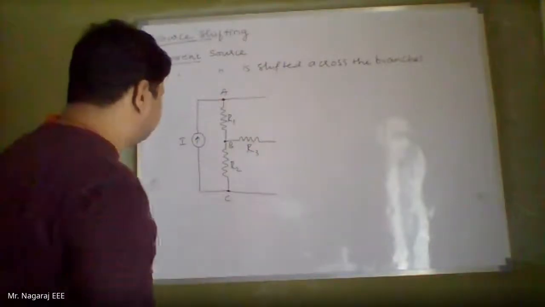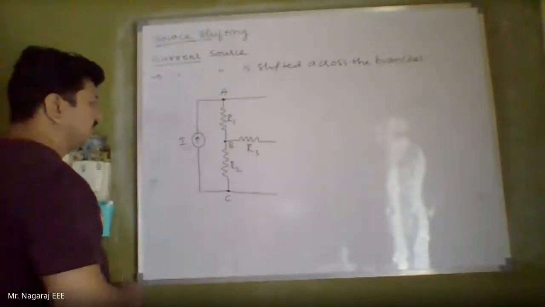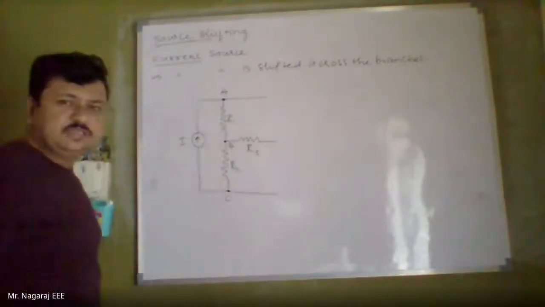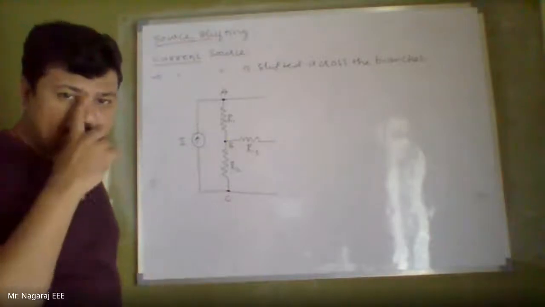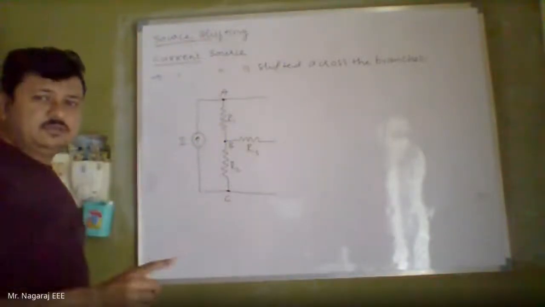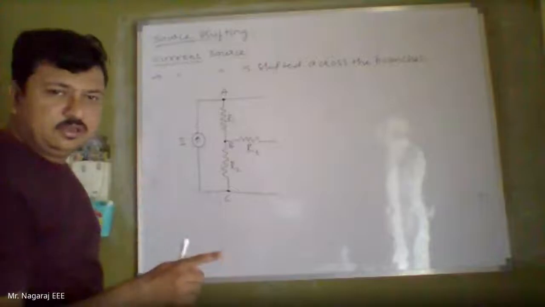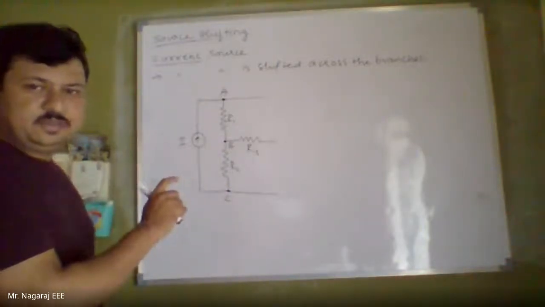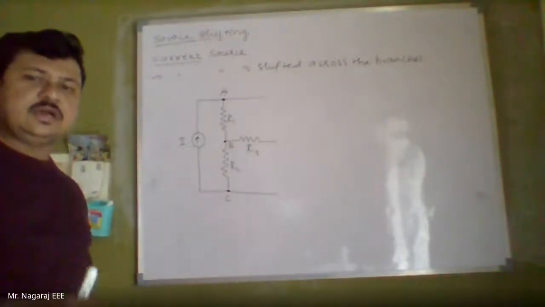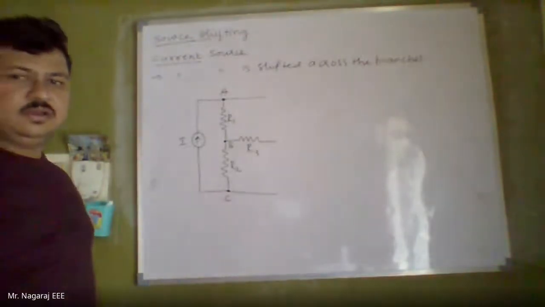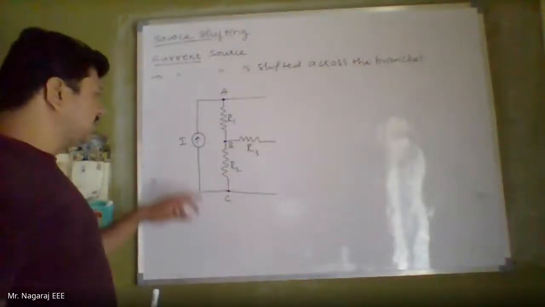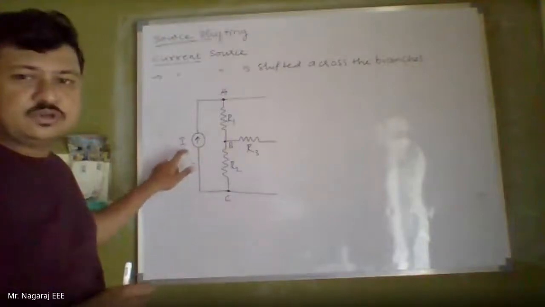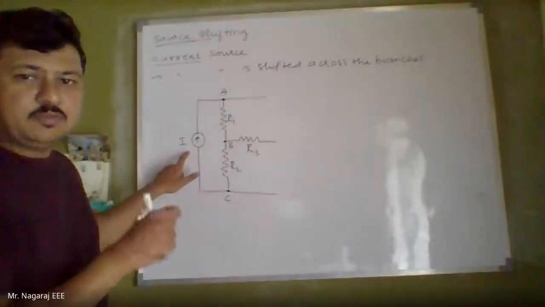So now if I want to shift it, I will be shifting this across the branch AB and branch BC in such a way that current will enter at node A, current will leave from node C, and current is 0 at node B, contributed by this source. At any node, obviously the current is 0, as per KCL. But I am talking with respect to the contribution of current by the source of I amperes.